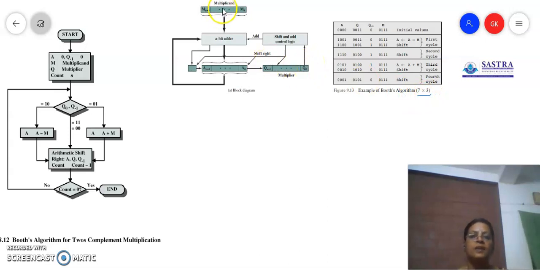As usual, we need 3 registers: one register to store the multiplicand, one register to store the multiplier, and we all know the final product will be twice the length of the multiplier. So we need one more extra register, that is nothing but the accumulator, to store the extra value. We are going to work out for plus 7 and plus 3. So the multiplicand is going to be plus 7, represented as 0 followed by triple 1, and then the multiplier is going to be plus 3. The same thing can be worked out for a negative multiplier also.